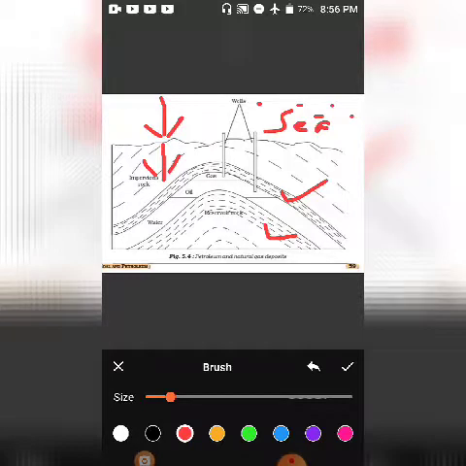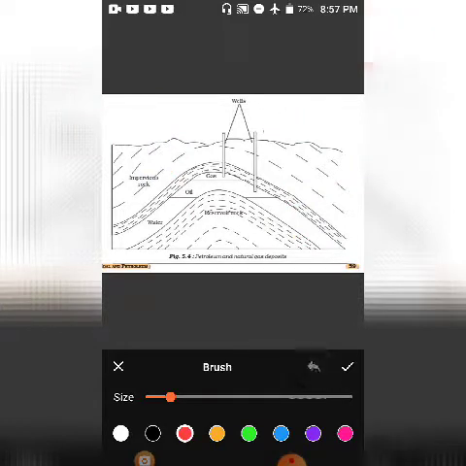Now why are these two layers? The lower layer which is shown here is the prehistoric sea. It is the prehistoric bottom of the sea. Above it there was water, and in that water, animals lived. When those animals died, their dead bodies got preserved, and this part was the bottom of the sea at that time. Above it there was water.